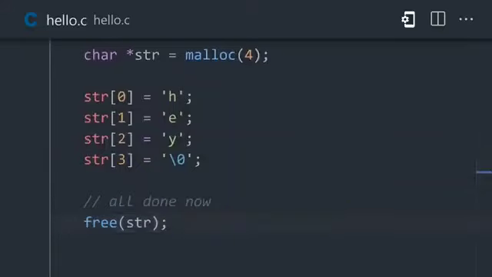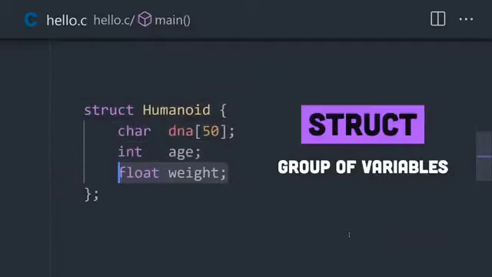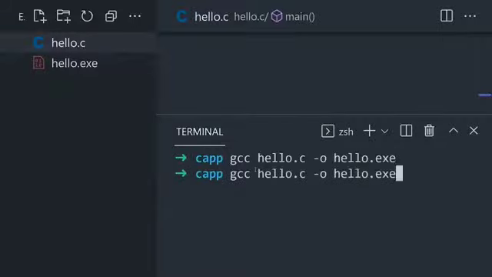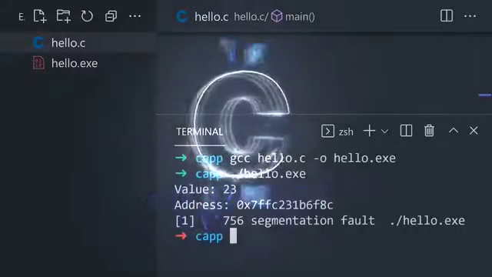The language is procedural and does not support object-oriented features, although you can create your own complex data types using structs. Now compile your code to machine instructions for your operating system using the C compiler. This has been the C programming language in one